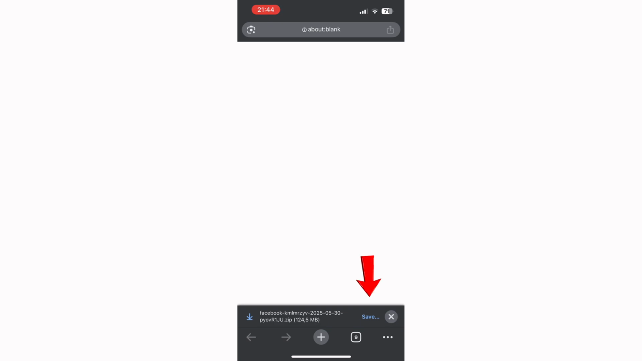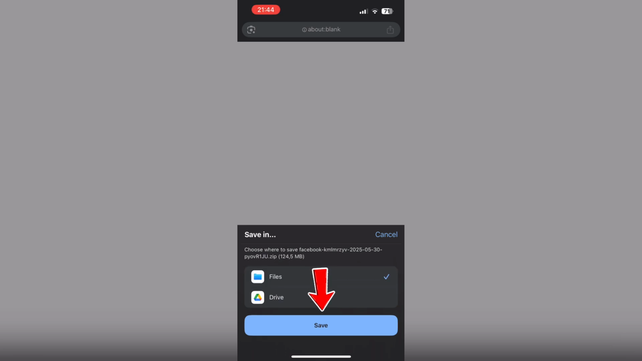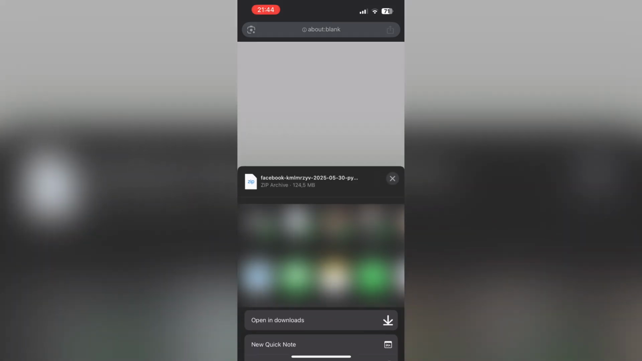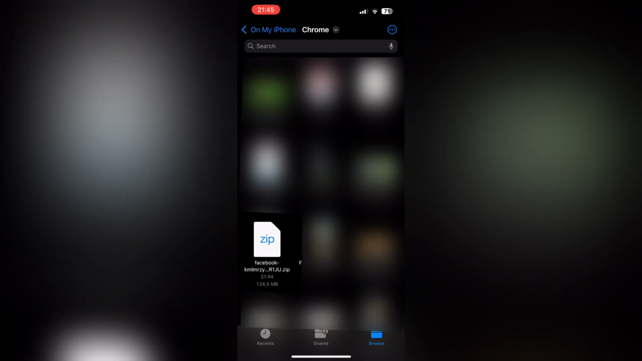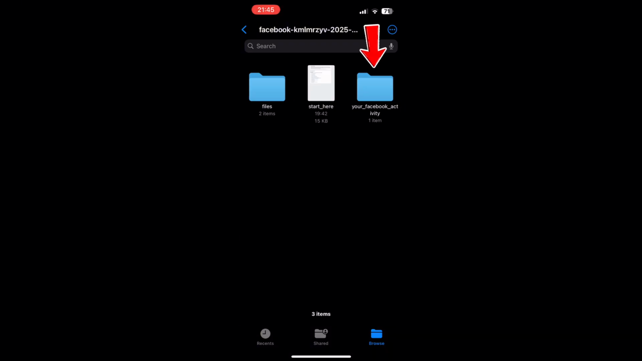Tap save. Make sure the Files app is selected. After the download finishes, tap on Open In, then tap on Open in Downloads. You'll see a zip file. Tap it to extract. Open the extracted folder, then go to your Facebook's activity,